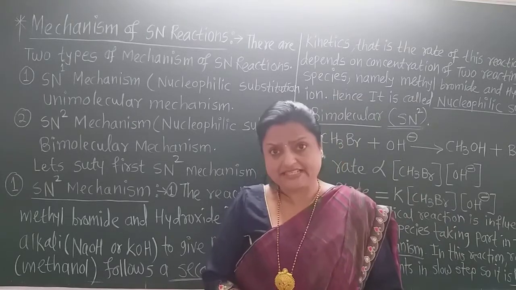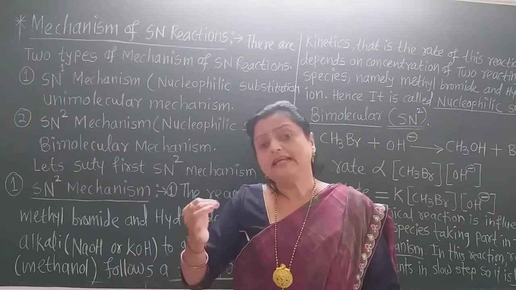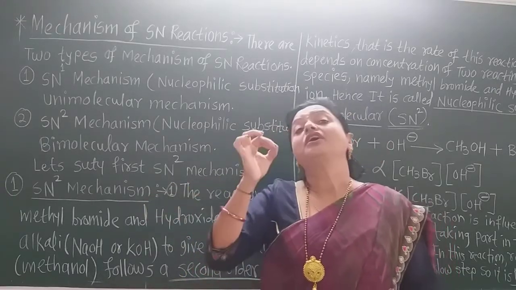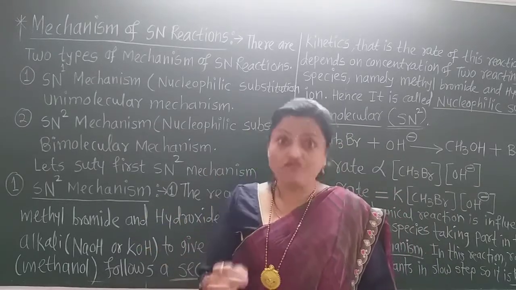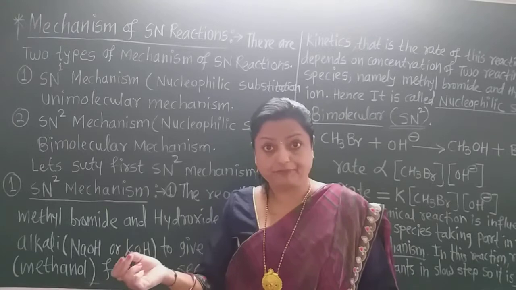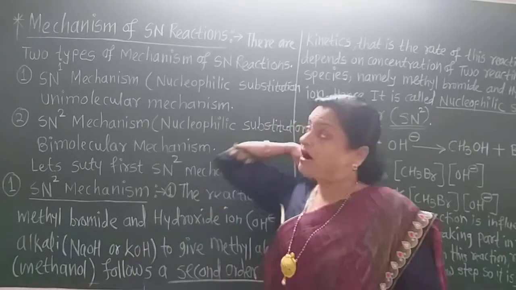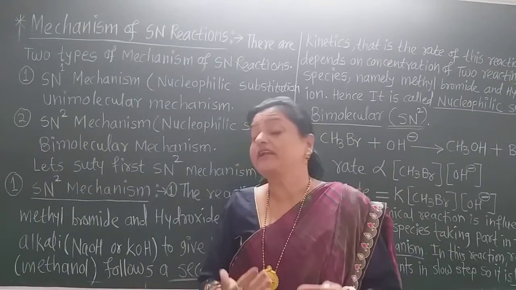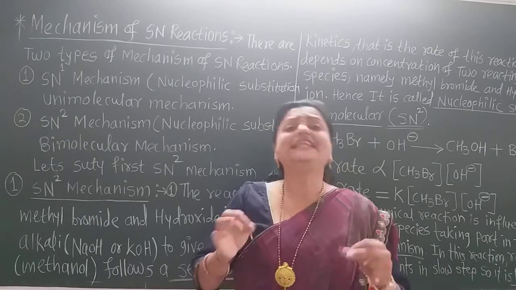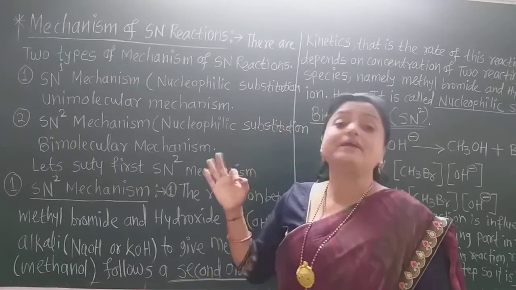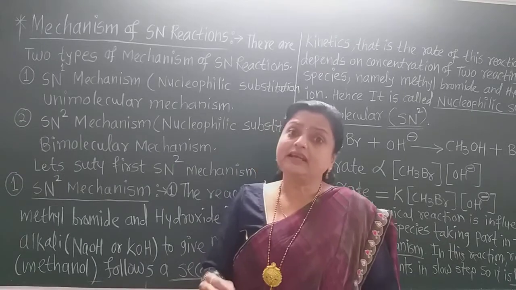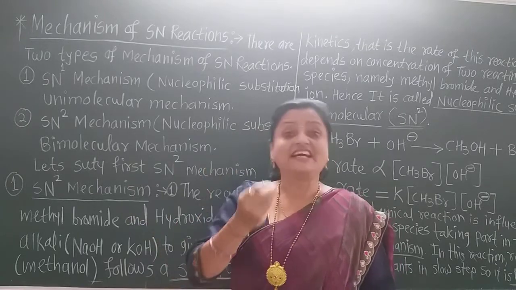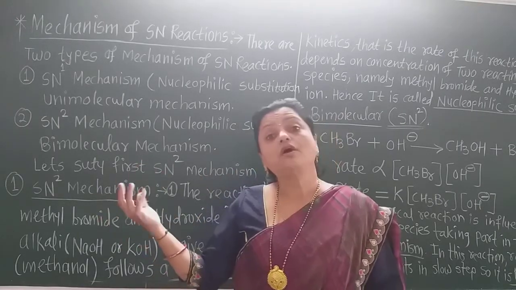Now what is mechanism? Mechanism is nothing but the path or way by which the reaction completes. That means the reaction goes forward from the initial step to the final step. Now that is the mechanism. What is the path or way how the reaction is carried out, which bond breaks and which bond gets formed again into the products, that is clearly given in this mechanism. So mechanism is nothing but the details of the reaction, how the reaction is carried out from the initial state, the reactants, to the final state, that is the products.